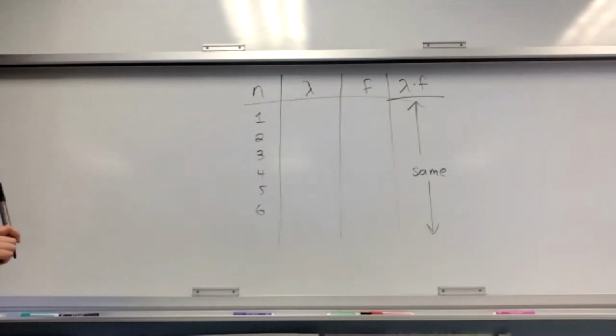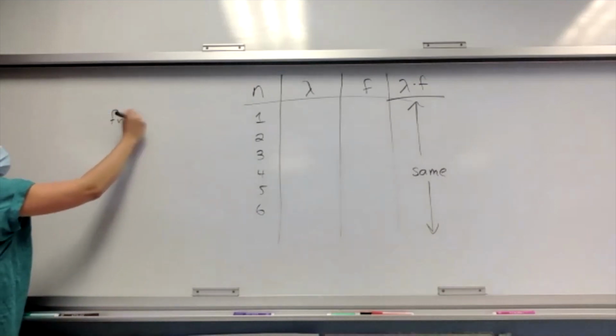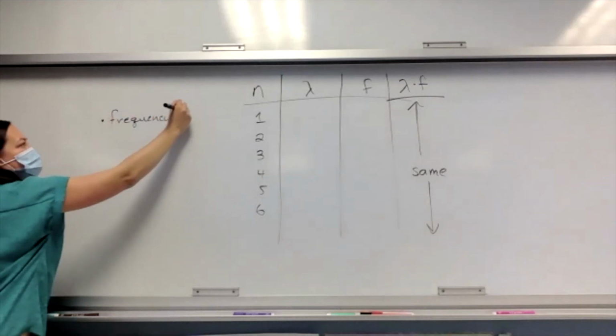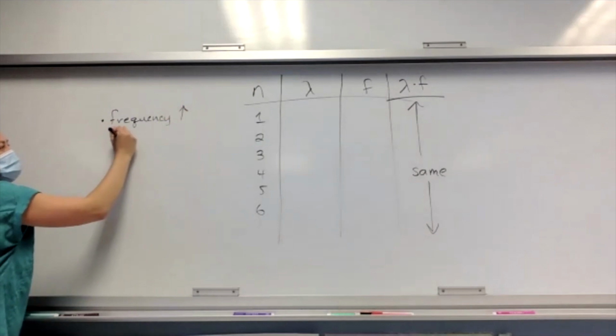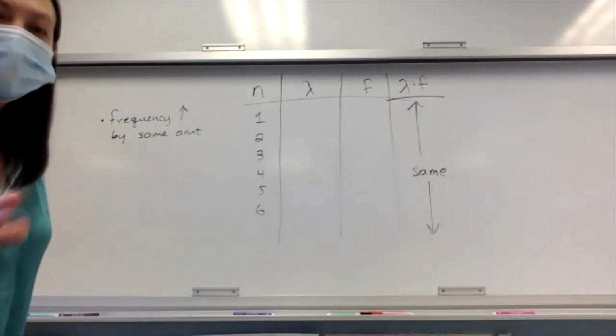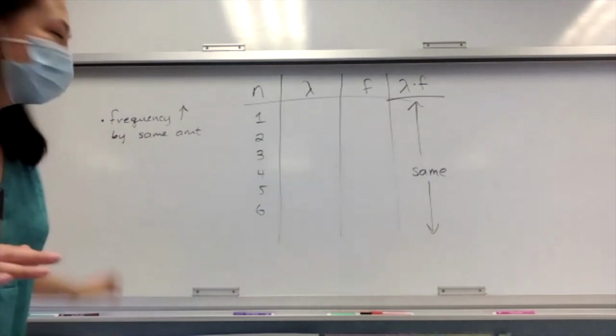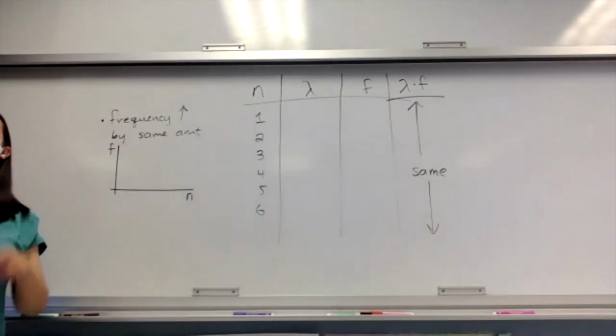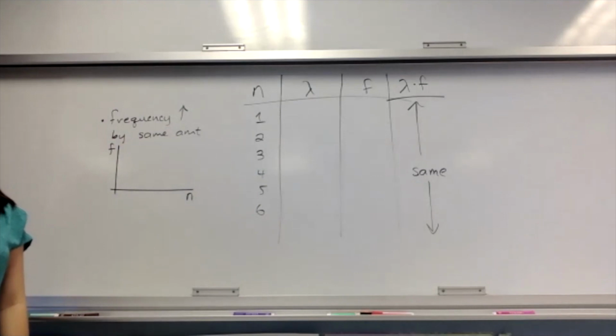The frequency seemed to increase by like the same amount each time. All right. So we know frequency increases and by the same amount, right? Did anyone get the graph for this? As the number of harmonics increases, what did your frequency graph look like? What did you guys get? Frequency and harmonics. We had that being a